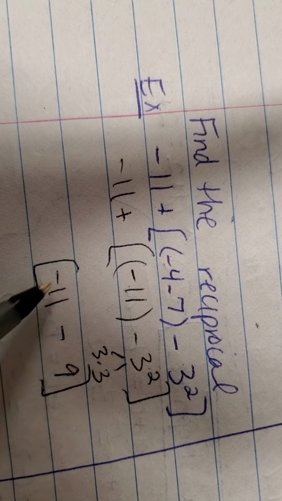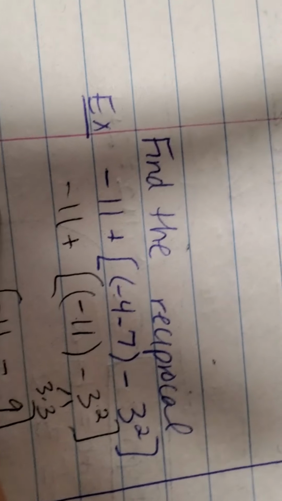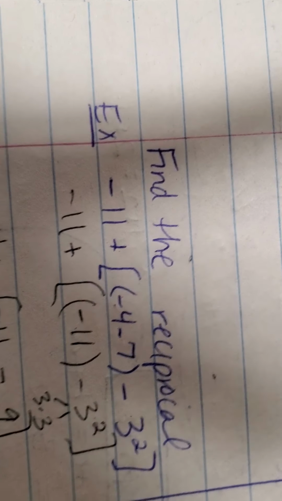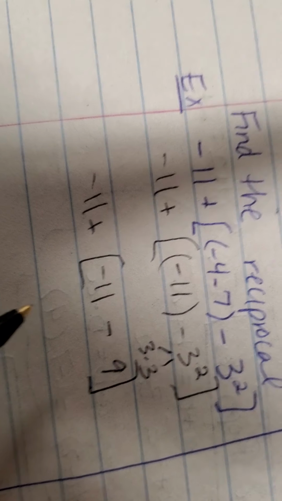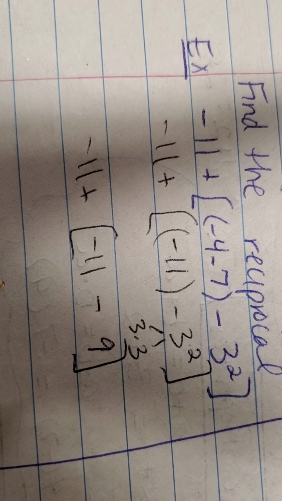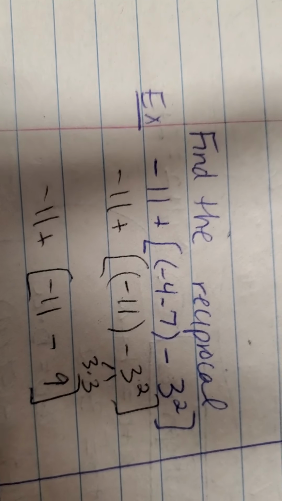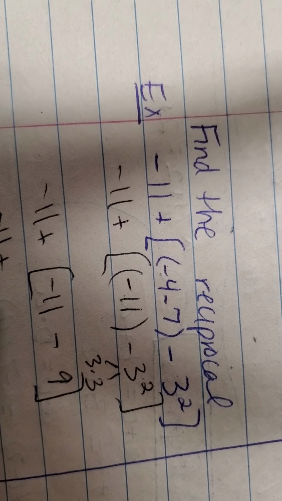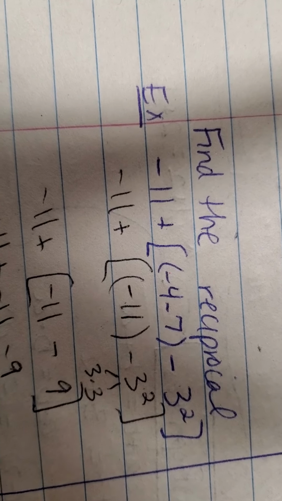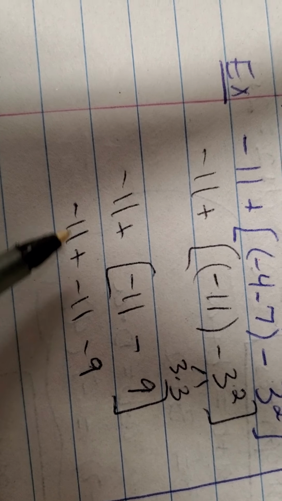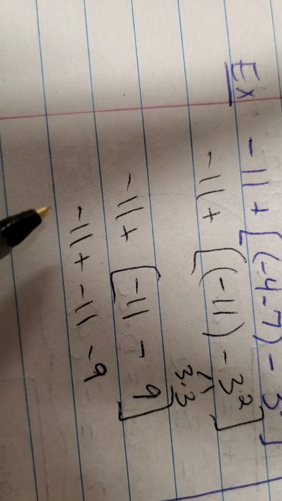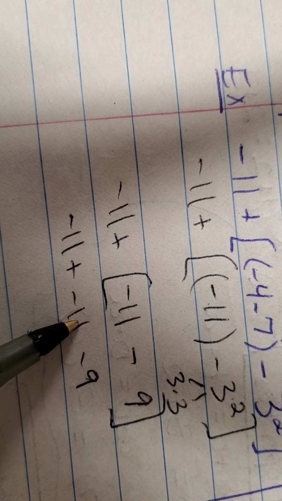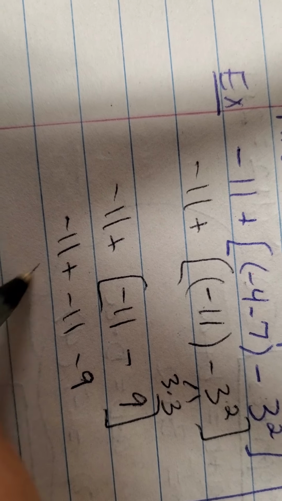So now I can write it out a little bit nicer. And then negative 11 plus that. Brackets can be treated like parentheses. So it's like another set of parentheses. So that's all I'm really thinking. I'm saying negative 11 plus, since it's a parentheses, I can take it away. Negative 11 minus 9. And here, we just have a bunch of negatives. So negative 11 and negative 11. If I add them, it's negative 22